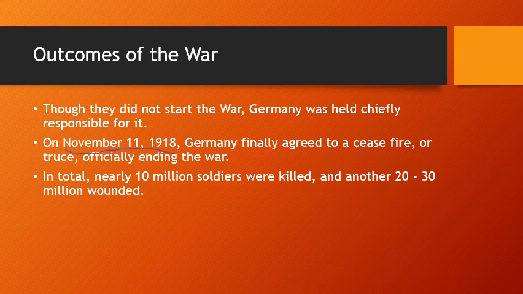Casualties. Now, I gave you some numbers from single battles, and probably what I told you added up to maybe about 3 million casualties. In total, from the war, where nonstop fighting was happening over the course of 4 years, we see about 10 million soldiers get killed in the war, and as many as another 20 to 30 million wounded. So that's a total, folks, of 40 million casualties. 40 million casualties in this war.